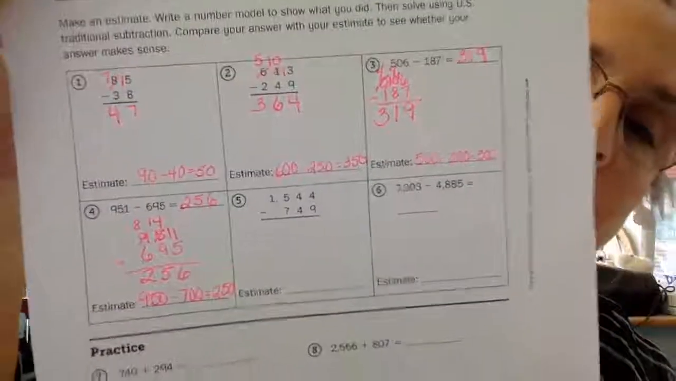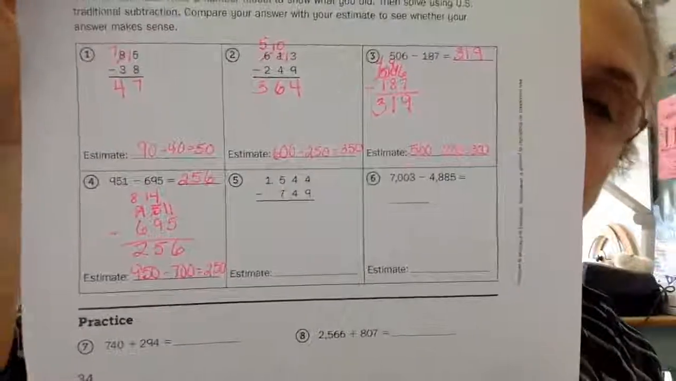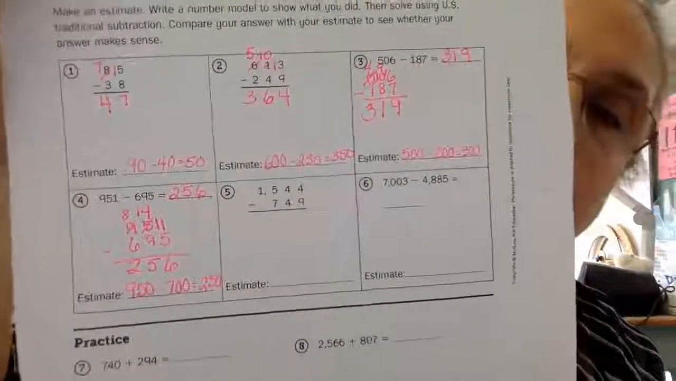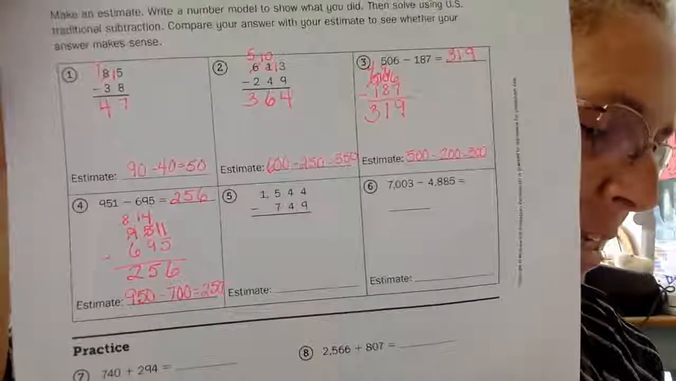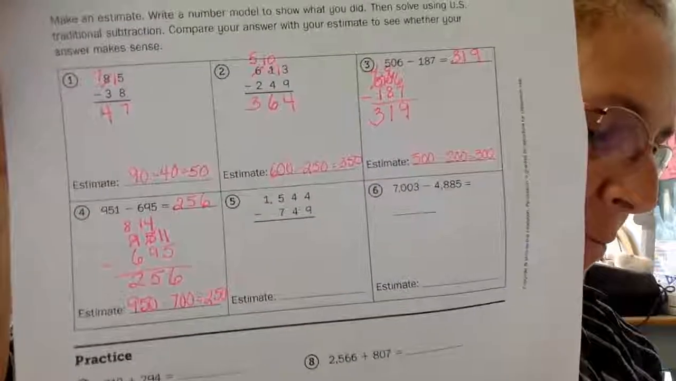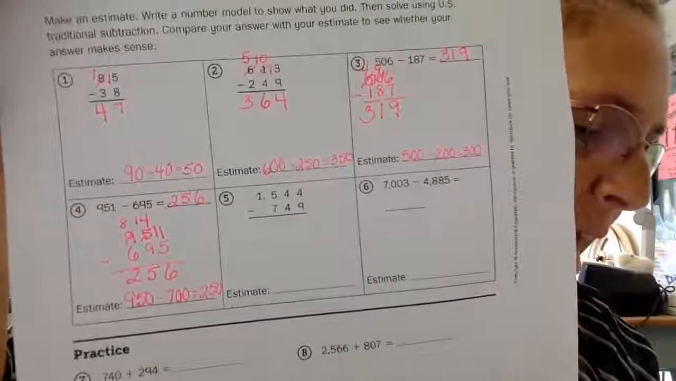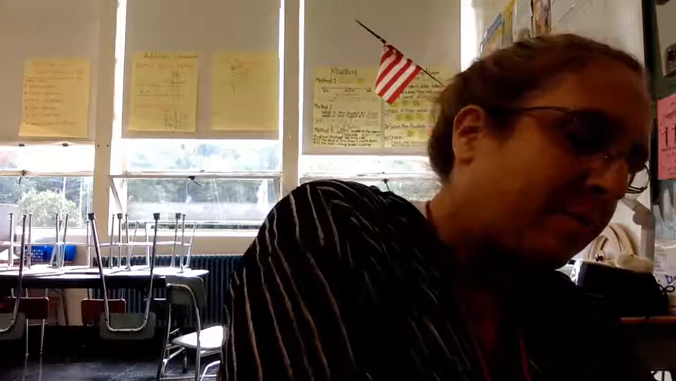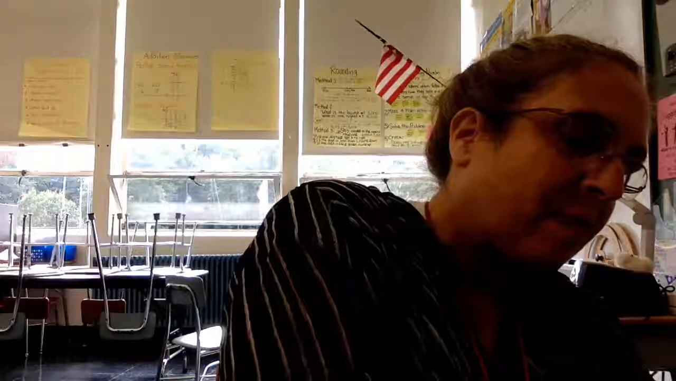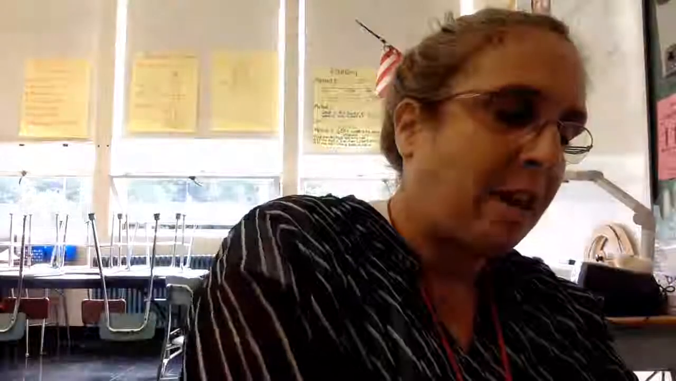Okay, so now we're going to look at number 5. Don't be scared of the bigger numbers, because they're just numbers. It's the same process. 1,544 minus 749. So for my estimate, I'm going to estimate 1,550 minus 750